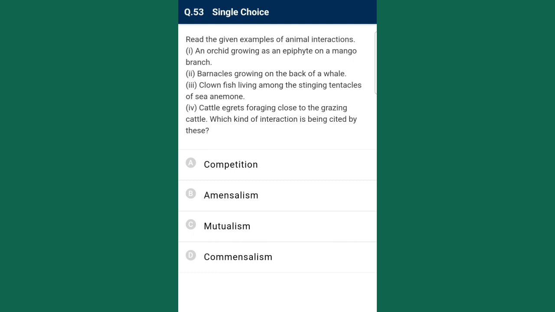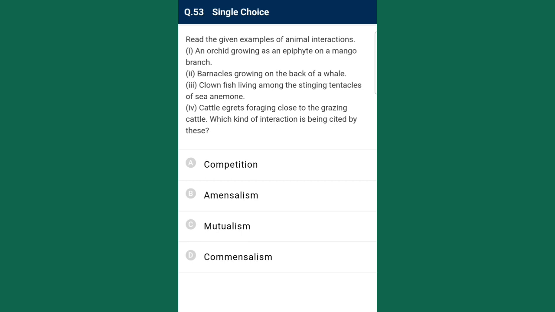Barnacles growing on the back of blue whales benefit in the form of shelter. Whale remains unaffected. Clownfish that live among sea anemone get protection from the predators which stay away from the stinging